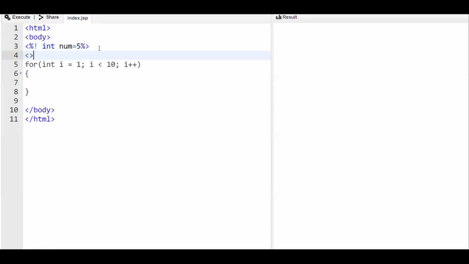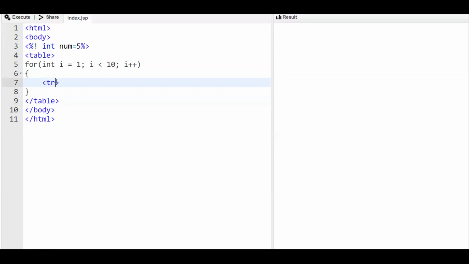Next, we shall start the table tag followed by the tr tags. The tr we shall put inside the for statement, so each row will be in a tr tag. We shall close the table at the end.